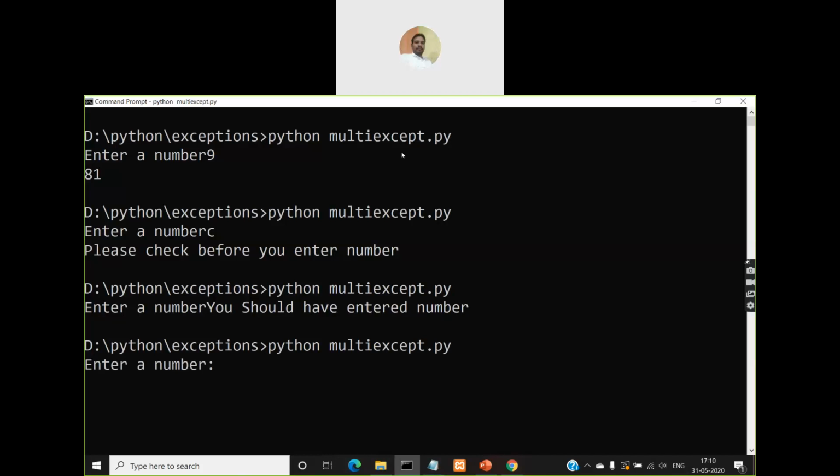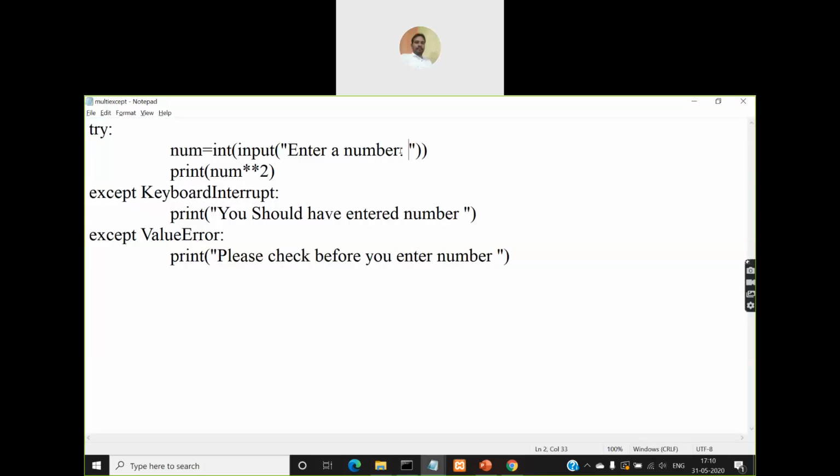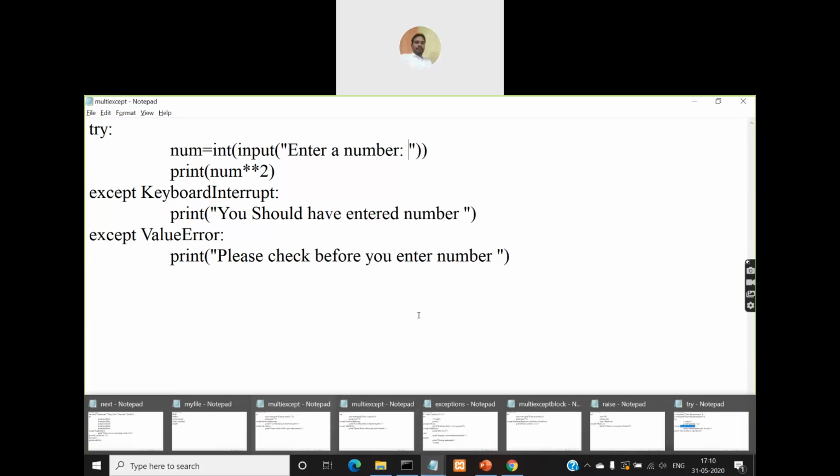So how to interrupt the keyboard input? Press Control C. Instead of giving an input value, you press Control C, then you'll get that error: you should have entered a number. So this is multiple except blocks without any else block or finally block.